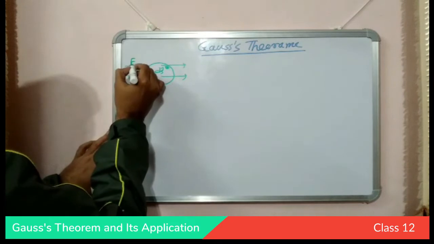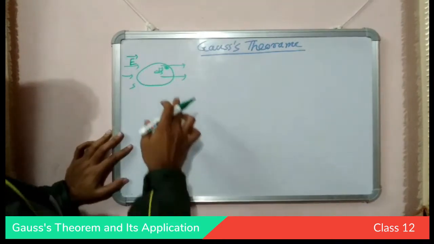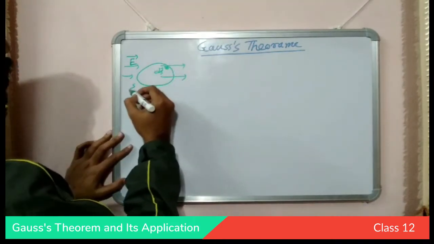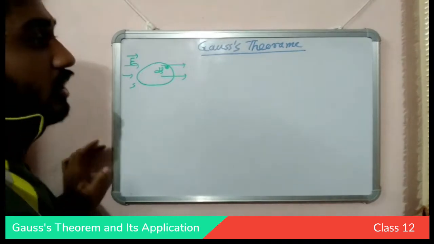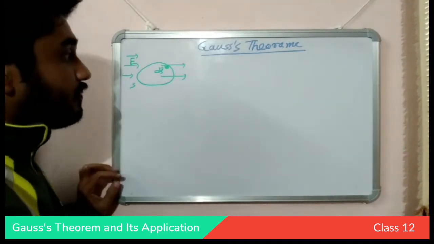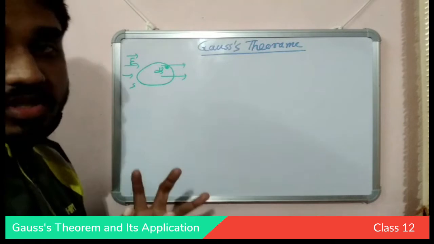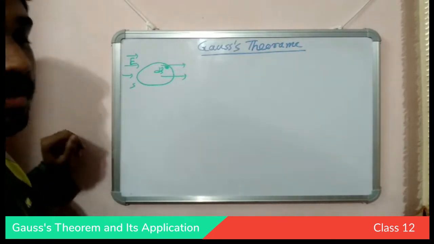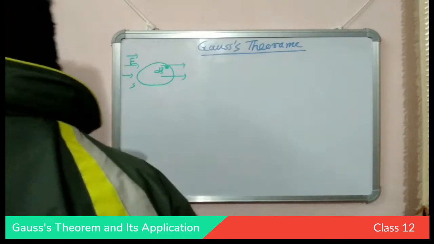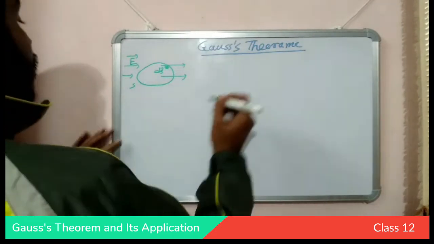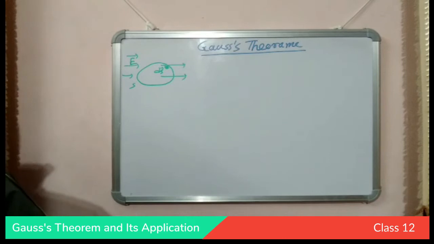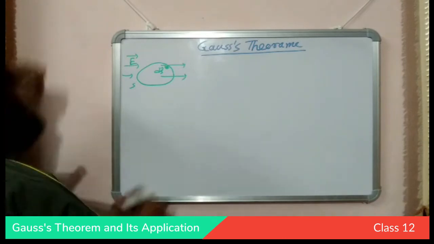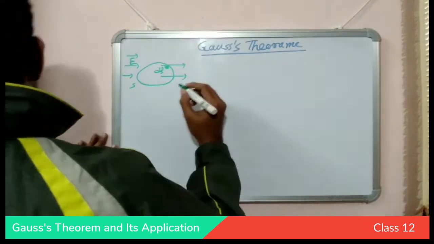Due to this electric field, the total surface will enclose some charge. So there will be some enclosed charge inside this surface due to the presence of this electric field. So our theorem is